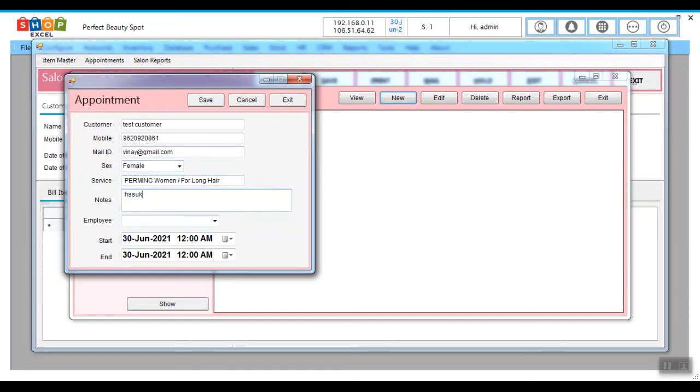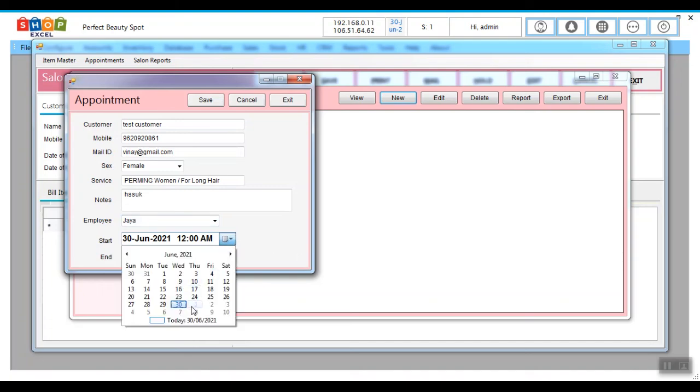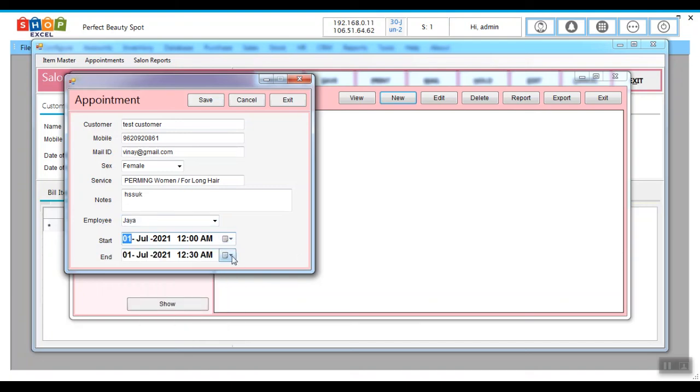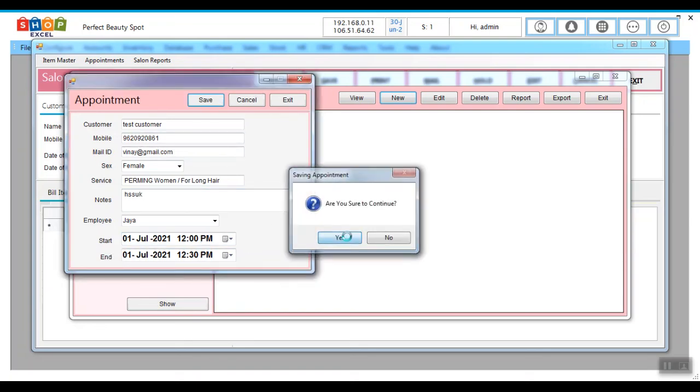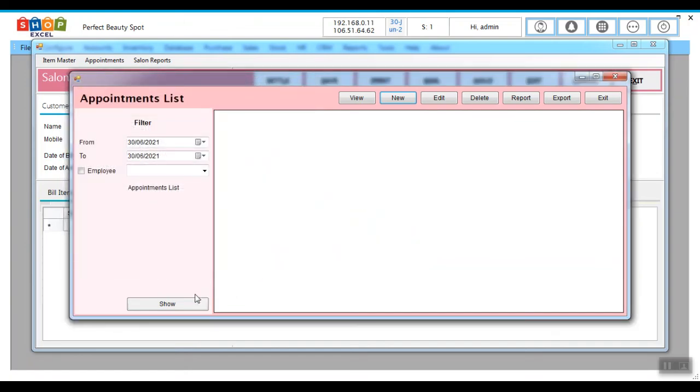You can enter notes here and select the beautician suitable for that service. Enter the start date and end date, click on save. The appointment is created.